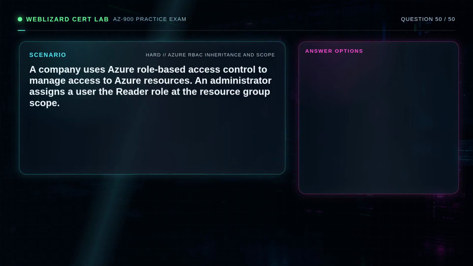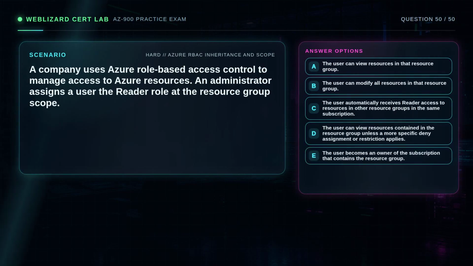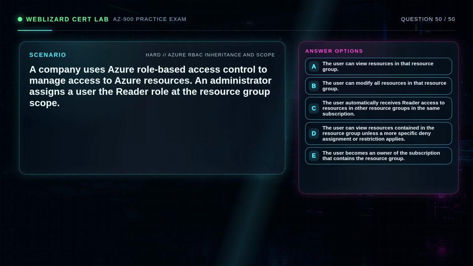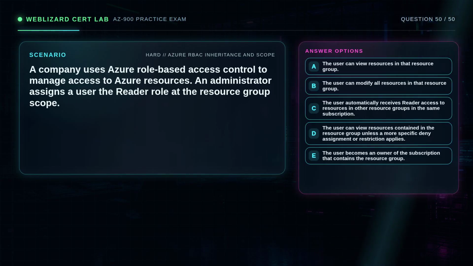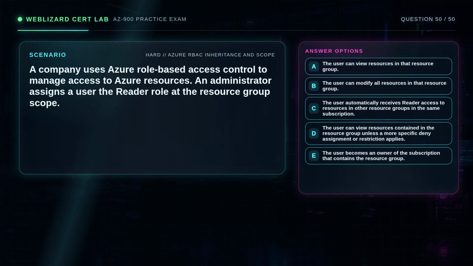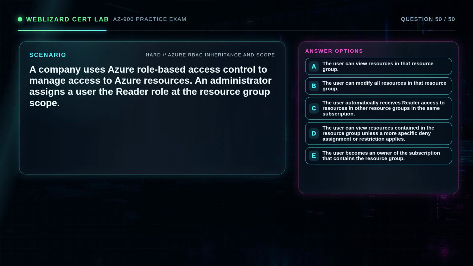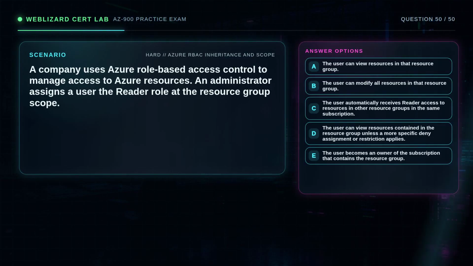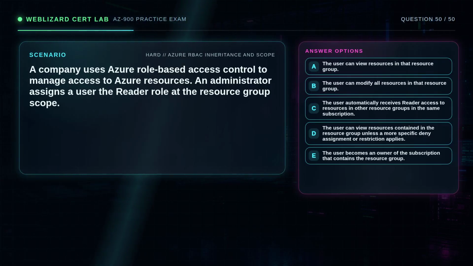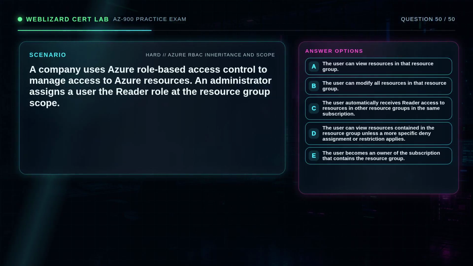Question 50. A company uses Azure role-based access control to manage access to Azure resources. An administrator assigns a user the Reader role at the resource group scope. A. The user can view resources in that resource group. B. The user can modify all resources in that resource group. C. The user automatically receives reader access to resources in other resource groups in the same subscription. D. The user can view resources contained in the resource group unless a more specific deny assignment or restriction applies. E. The user becomes an owner of the subscription that contains the